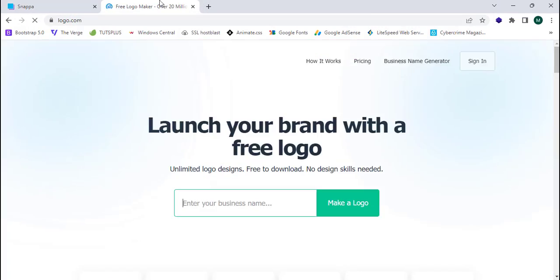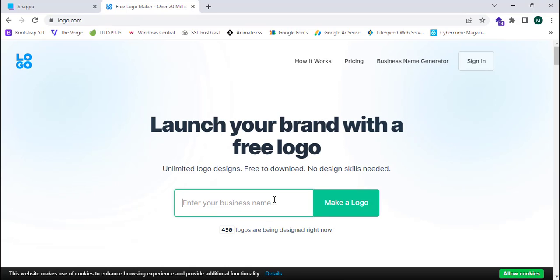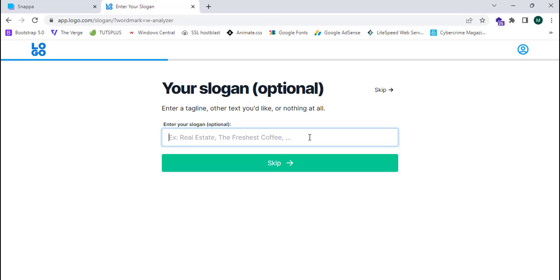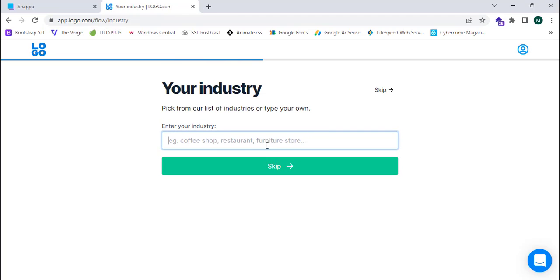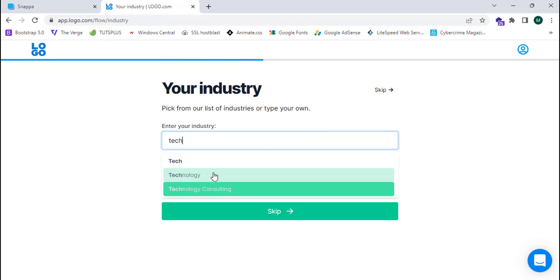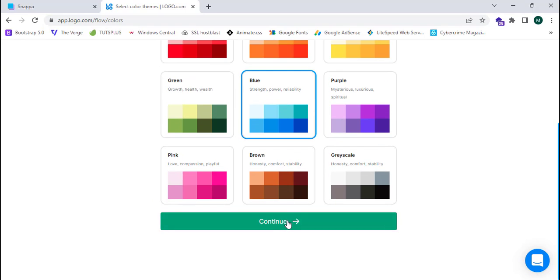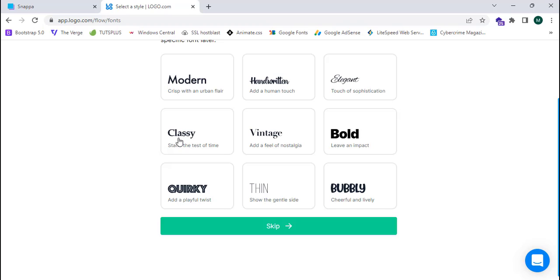logo.com, and you can simply enter your brand name. Now I'm going to enter W Analyzer, and I can simply click on make a logo, and you can simply enter your industry. Now I'm going to enter tech, and you can enter technology again, and you can select the color scheme. Now I'm going to select blue, and you can simply select the